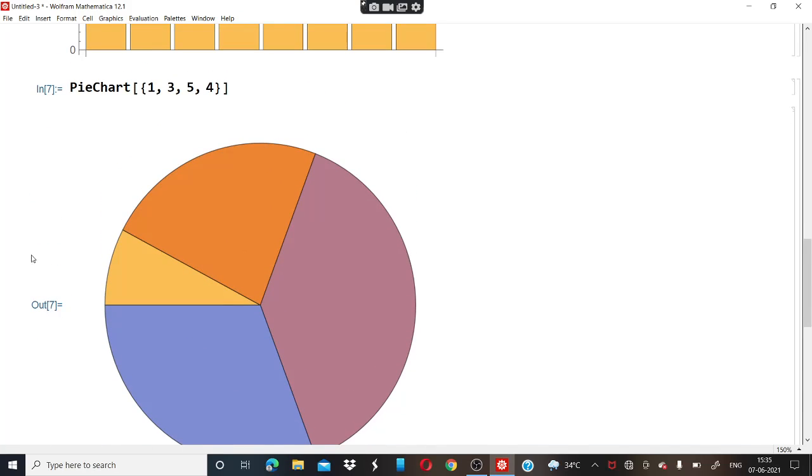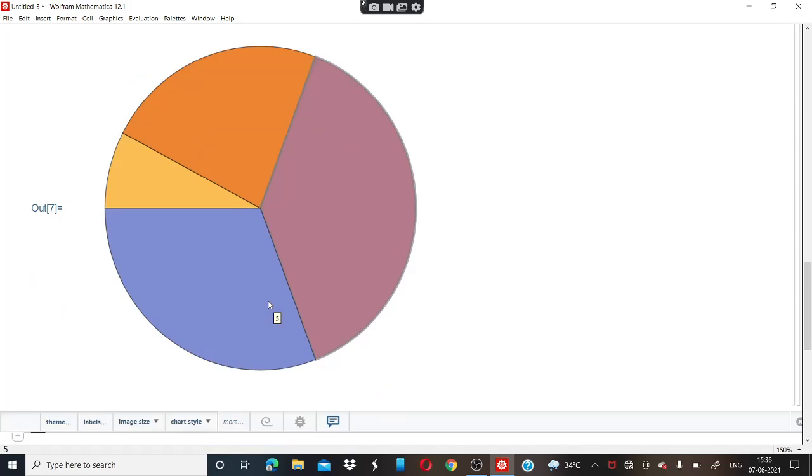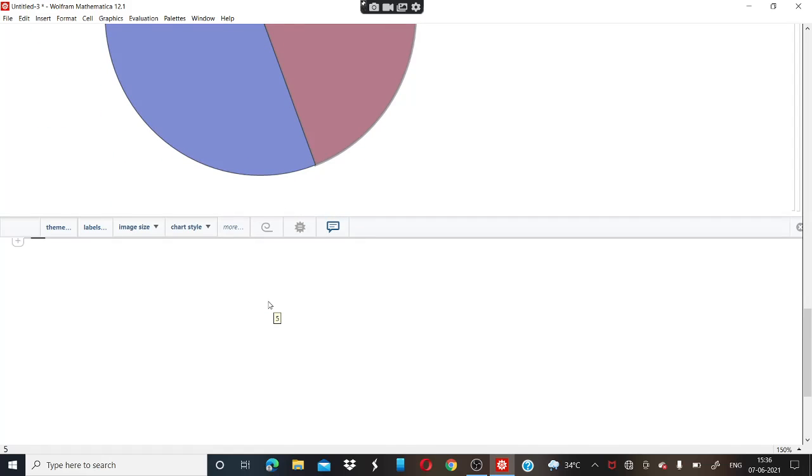You can see how simple it is: it's 3, it's 5, it's 4, it's 1. I think it's a good representation of a pie chart, and it's very easy to understand what a pie chart is and how to plot a pie chart for the given numbers.